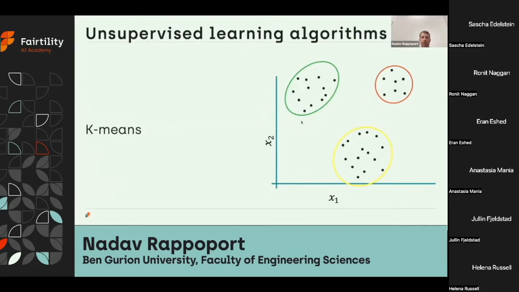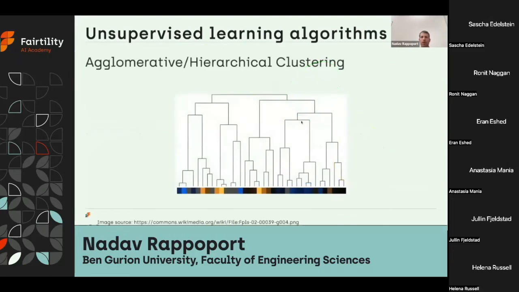Another clustering method is based on agglomerative clustering. This is an iterative model where in each iteration, it merges the closest 2 samples or clusters until it reaches a point where there is a single cluster.